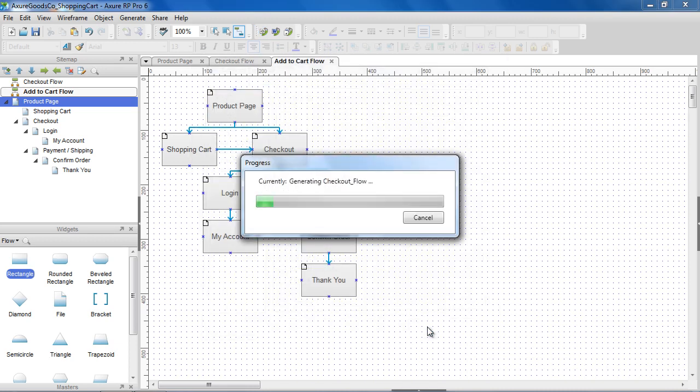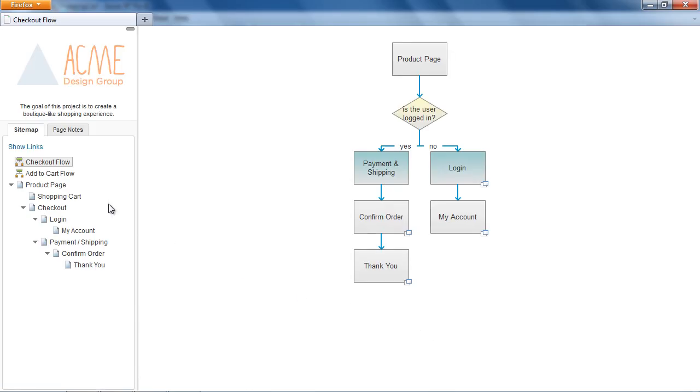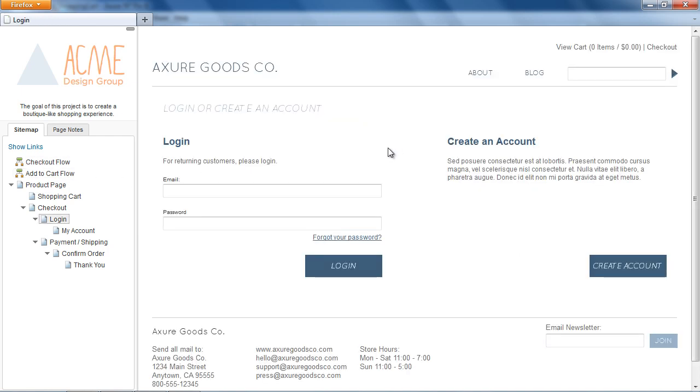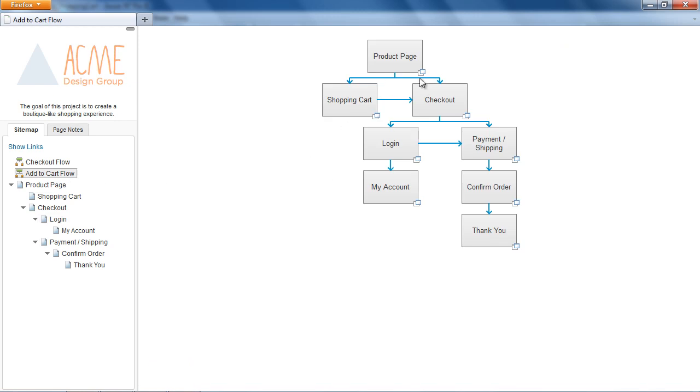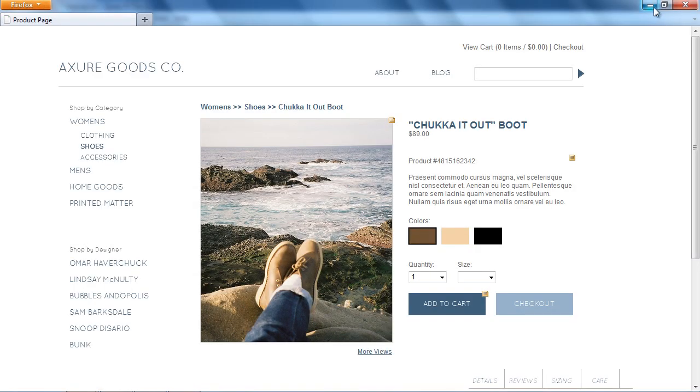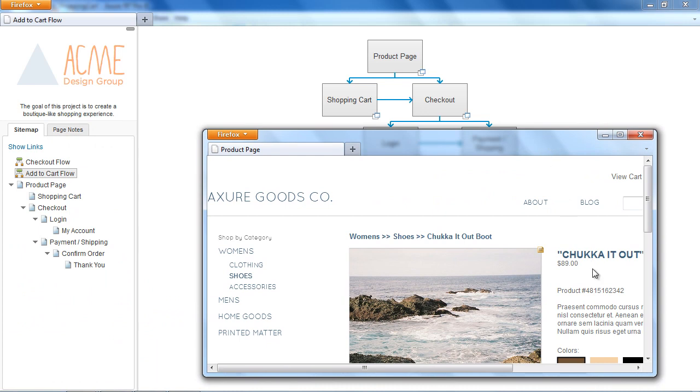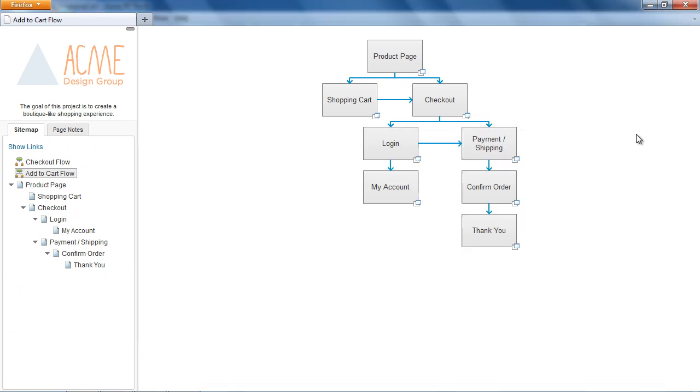Let's generate the prototype and take a look. The flow icon is shown in the sitemap for each of our diagrams. Clicking on a flow shape with a reference page takes us to that page. Clicking on the icon next to the shape opens the page in a separate window so you can see the pages and the diagram at the same time. And that concludes the flow diagrams